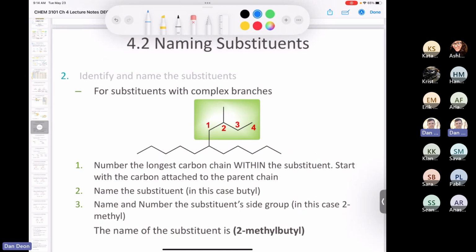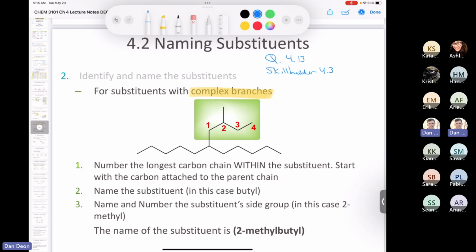Okay, now what if you have a substituent that's really complex? I need to refer to my notes for this because there's only one example about this, I think, in the entire textbook. I think it's question number 4.13 is the only time they give you a substituent with a complex branch, but it is part of the content of the course, so I'm obliged to teach it to you. And I think it's also mentioned in Skill Builder 4.3. You have to fact check me on that, but I think it is.